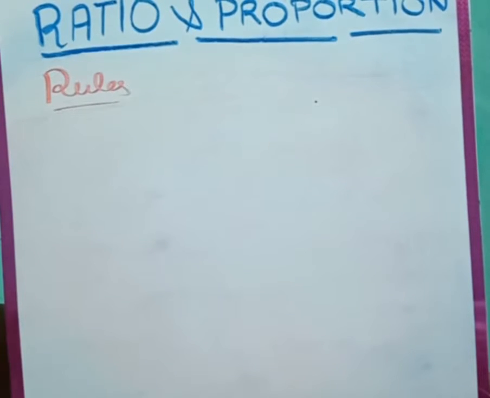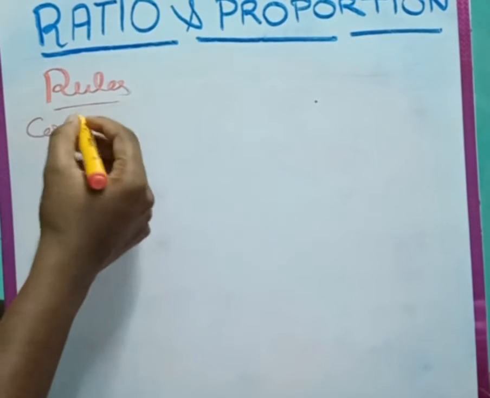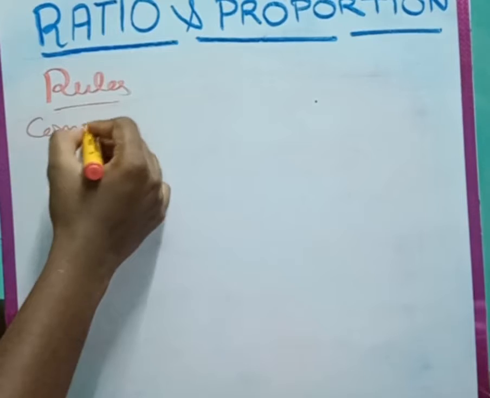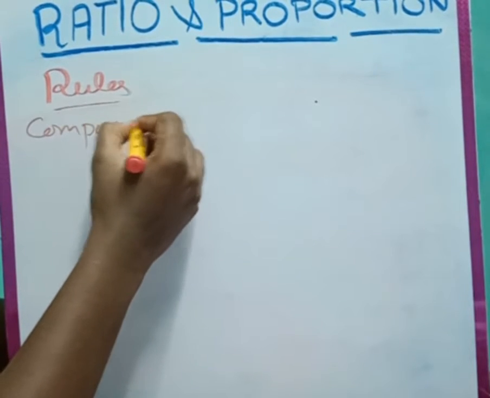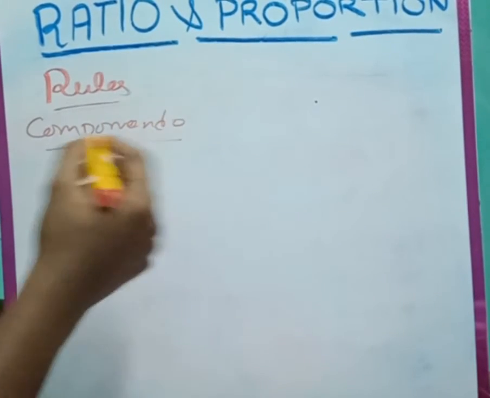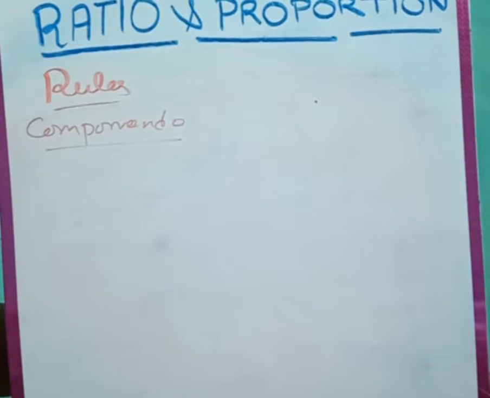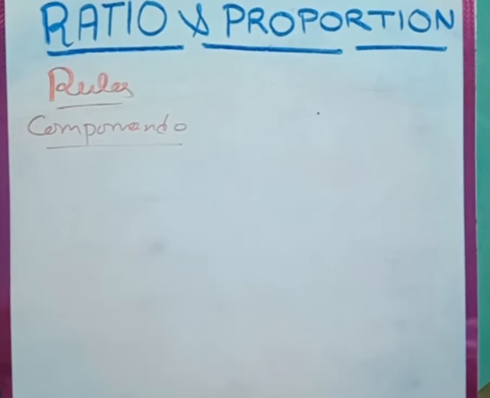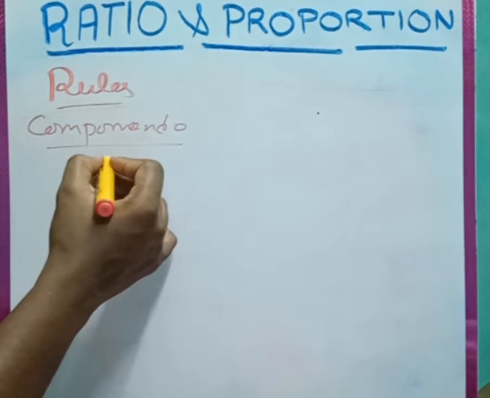So friends, now let me tell you something about the componendo rule of ratio and proportion. So what is the componendo rule of ratio and proportion? What does it say? Componendo. Sorry for my writing, guys. My writing is very horrible. Try to understand, please, and I apologize for my writing. I know for some students it's really tough to understand my writing, but you don't have another option. Please deal with it. So guys, what the componendo rule says is, if we have an expression like